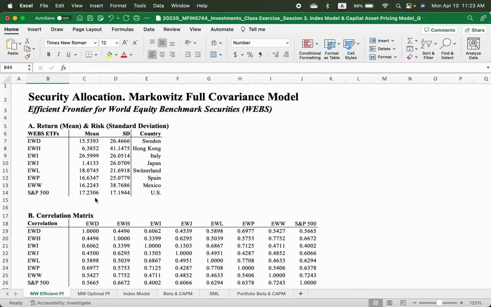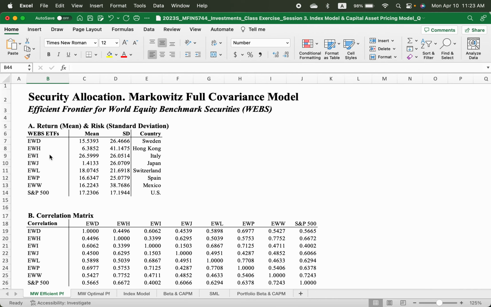This video clip will cover the security allocations of the Markowitz full covariance model. Once you finish the capital allocation and the asset allocation, we want to find the efficient frontier line of the securities that will be included in the risky asset portfolio. The starting point is gathering the information on return, which is the mean, and the risk, which is